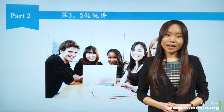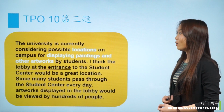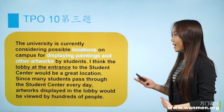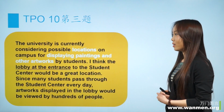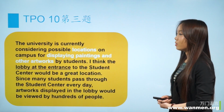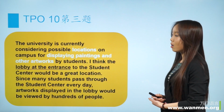欢迎大家继续回来跟我一起学习。那么下面的第二部分，我们就来看一下第3和第5题。我们来看一下第10套题的第3题。那么第3题呢，我们都是要阅读一段材料，然后再听一段听力的。我们来先看一下材料，在材料啊，一定要抓住 who, what and why，对不对？所以说先抓一下。The university is currently considering possible locations on campus for displaying paintings and other artworks